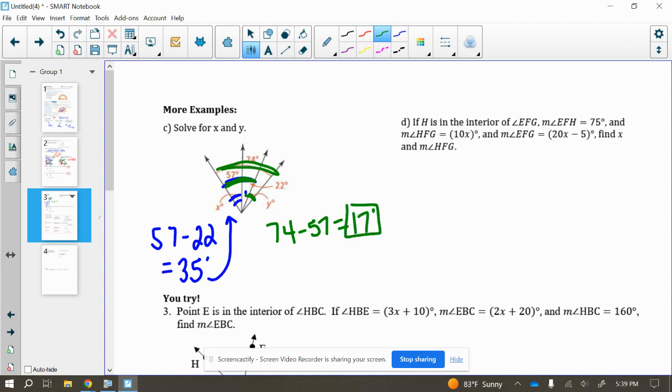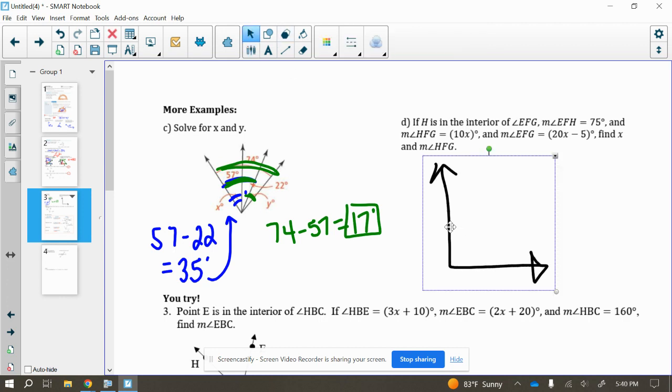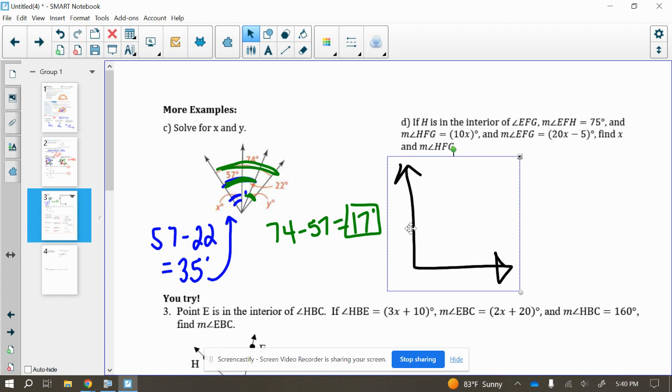So sometimes you might have 1, 2, 3 angles to add up to equal our biggest angle. That works as well with our angle addition postulate. Now, of course, we sometimes need to bring algebra into the fold. Okay, so again, if we take this picture here and draw it, this time it's telling us that H is